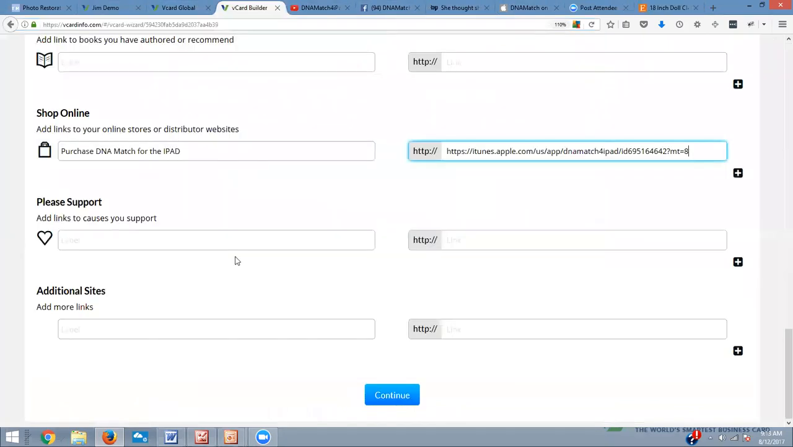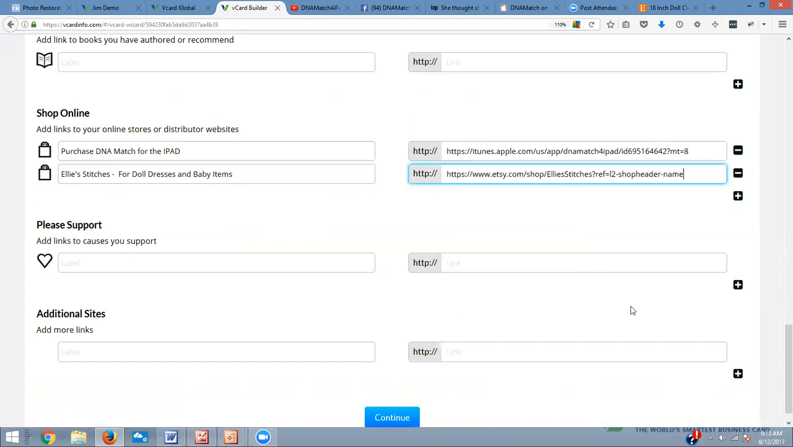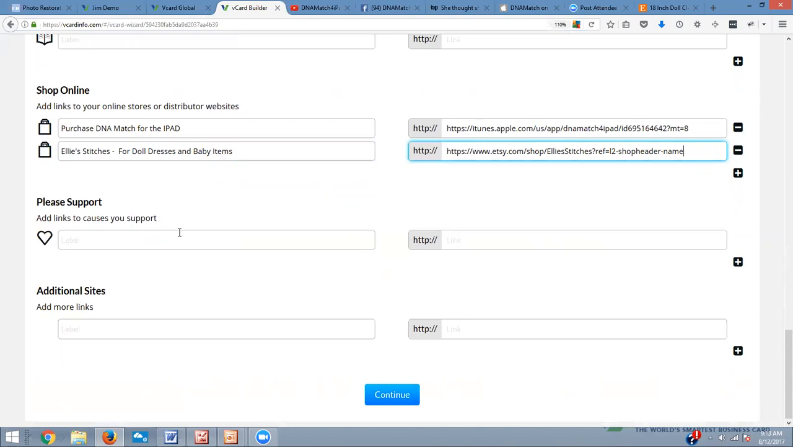So we go back over to the editor here, and we can click the plus sign, and we can say Ellie's Stitches. You can add a little more descriptive information, for doll dresses and baby items, I guess, right? And then you would come over here and just paste the link. And then please support. This is where you can add information about